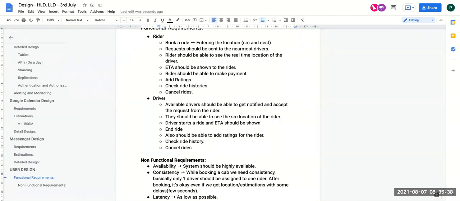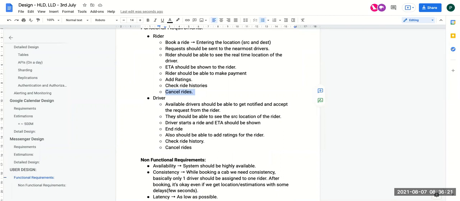Yeah, definitely. Payment is something which should be consistent, as well as canceling the ride. It's in a way consistent only, right? Because if you want to cancel a ride, you will always connect to the same server. If it is canceled, it will be canceled. Even if you get a notification of canceling a ride after a second or so, that should be fine. And you are booking the cab from one single device. Let me go back to the design, and then you'll understand why the consistency will automatically be provided by the system. I don't want to give you a solution, but don't worry about canceling the ride. That will be taken care of in terms of consistency.